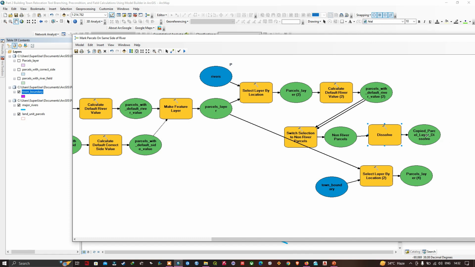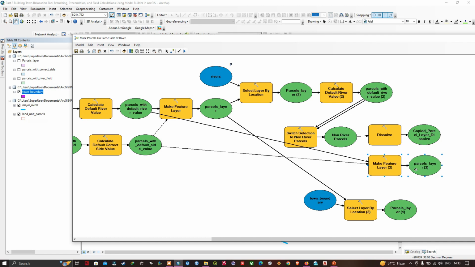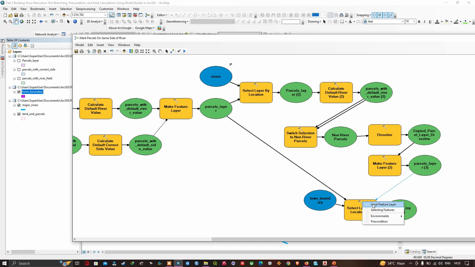And now I need to make this a feature layer. So I'm going to copy this feature layer. I'm going to right click, copy, and paste it here. So now I'm going to make this an input feature. And similarly, I'm going to remove this precondition here, which was connected with this layer. And now once I have this feature layer, I can feed this feature layer in as the input feature layer. So from here we're gonna insert it as an input feature layer to our select